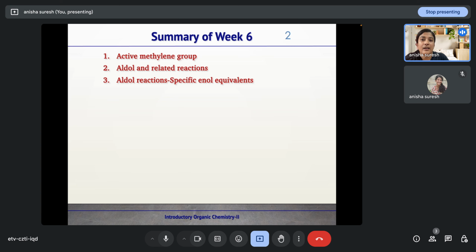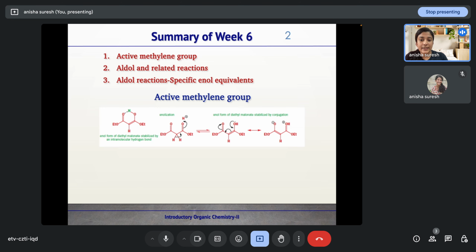In week 6, the chapters that were discussed were active methylene group, aldol and related reaction, and aldol reaction using specific enol equivalents. So now coming to active methylene groups, these sort of 1,3 dicarbonyl compounds are known as active methylene groups. The group that is present at the center of this 1,3 dicarbonyl compound is known as the active methylene